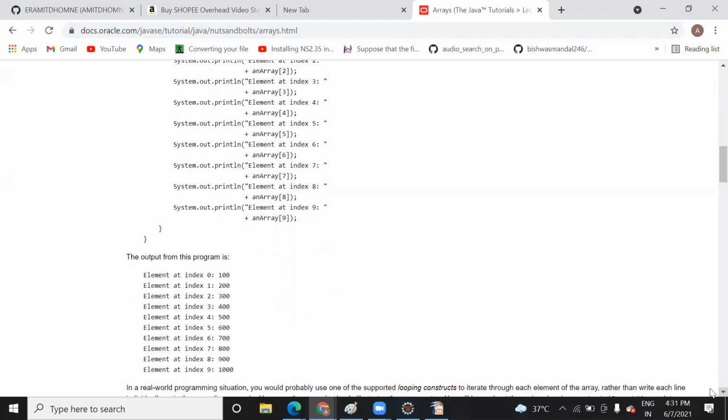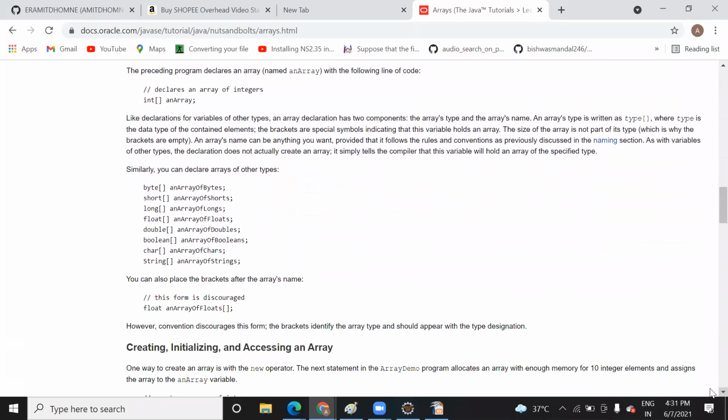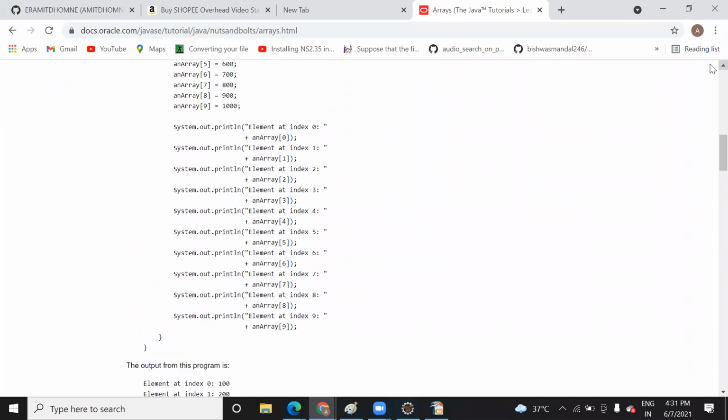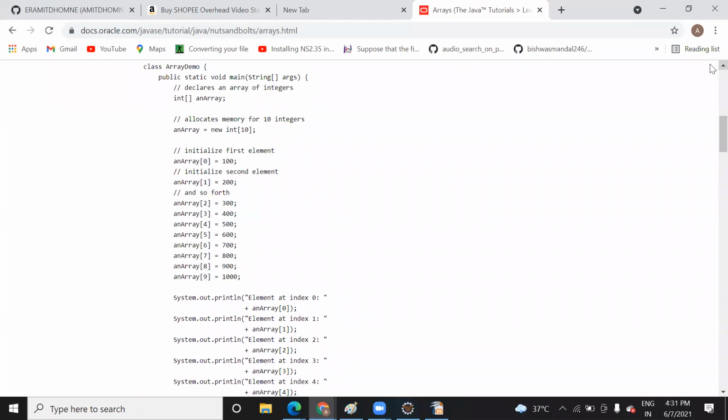There are different ways of declaring an array in Java. The first way is just to declare an array, but that is an old way of declaring it. You need something more advanced, or you can say more appropriate, so you will go for this one. This representation will run your program smoothly because it will allocate space also. If we talk about 10 elements, that does not matter, but if you are working with 100 or 200,000 elements, then you need to allocate memory to them, and all this data will be saved in the heap area of the memory.